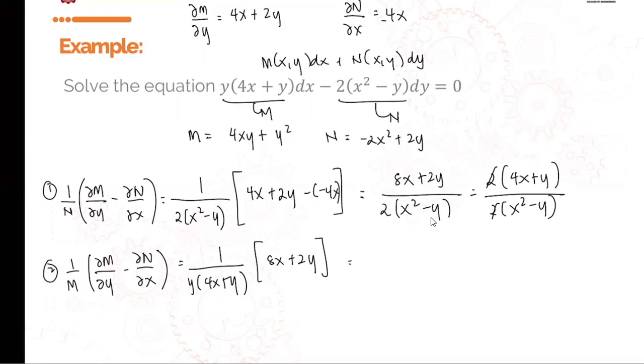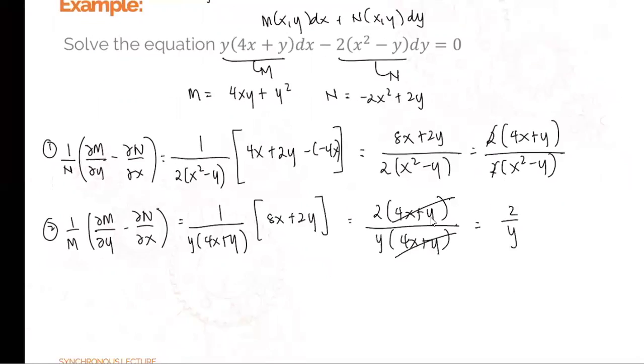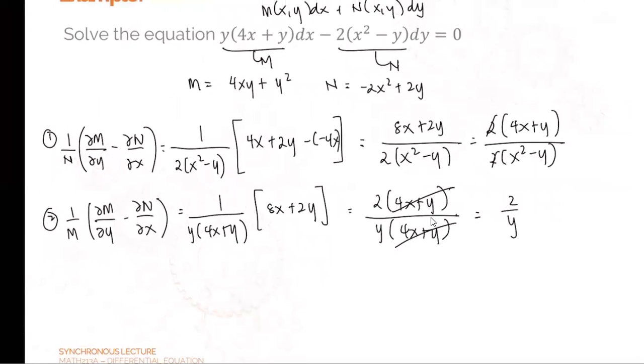So this will be 2 times 4x plus y all over y times 4x plus y. So pwede natin cancel out yung numerator and denominator. So ang natira sa atin is 2 over y, which is in terms of y alone. So integrating factor natin,